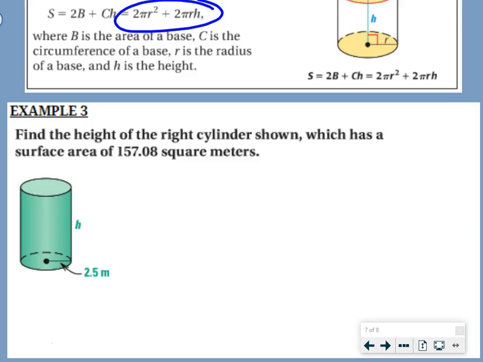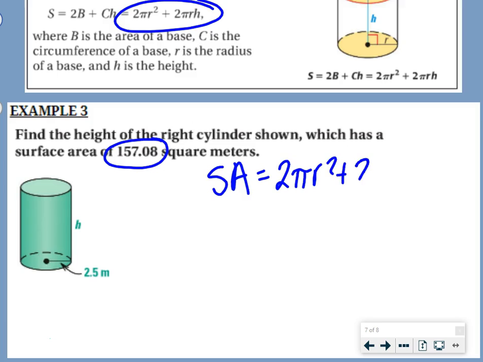So in this case, we're going to find the height of a right cylinder shown, which has a surface area of 157.08 square meters. So surface area formula, 2 pi r squared plus 2 pi r h. We want to solve for height. So we just got to plug in all the other pieces. We know the surface area,